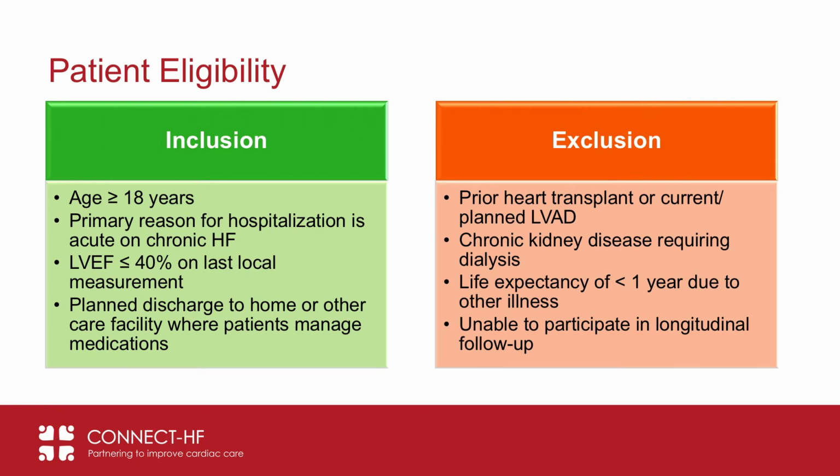Shown here are the eligibility criteria for all the patients that are included in the registry and the study overall. There are only 4 inclusion and only 4 exclusion criteria, but I want to highlight them here. So all patients need to be adults. The primary reason for hospitalization is acute on chronic heart failure. All patients need to have a left ventricular ejection fraction of 40% or less, and that can be obtained by any recent local measurement. So it doesn't necessarily have to be by echocardiography, it can be by whatever method was last used. All patients need to have a planned discharge to home or some other care facility where they're going to manage their own